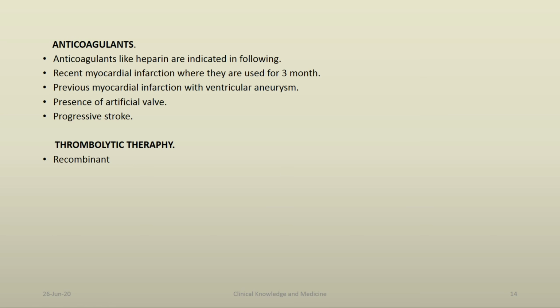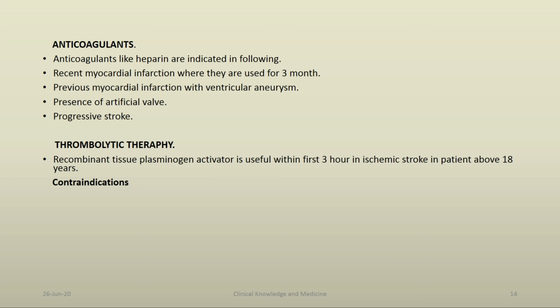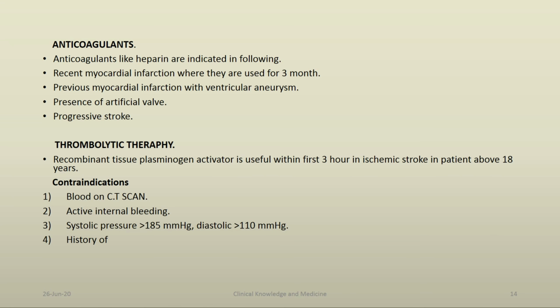Thrombolytic therapy. Recombinant tissue plasminogen activator is useful within the first 3 hours in ischemic stroke in patients above 18 years. Contraindications: blood on CT scan, active internal bleeding, systolic pressure more than 185 mmHg, diastolic more than 110 mmHg, history of intracranial bleeding. Dose 0.9 mg per kg with 10% of total dose as bolus and the rest over